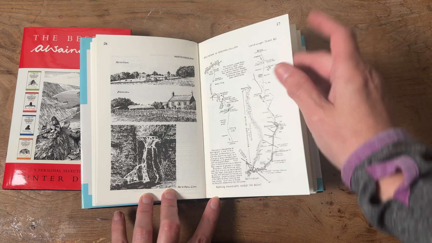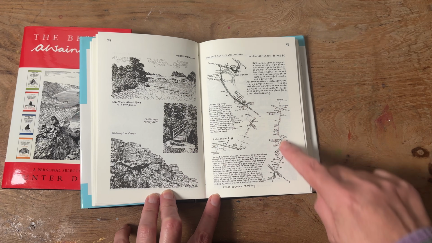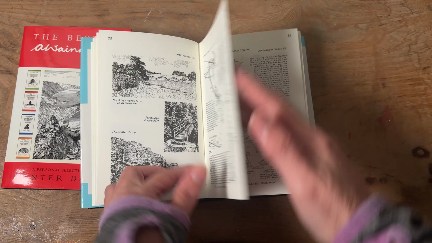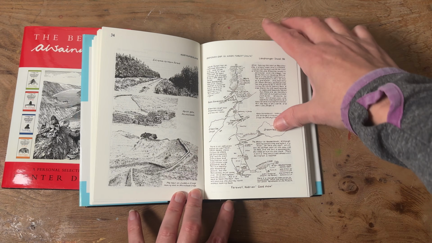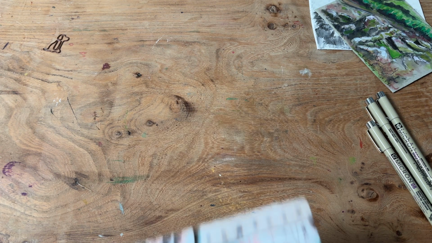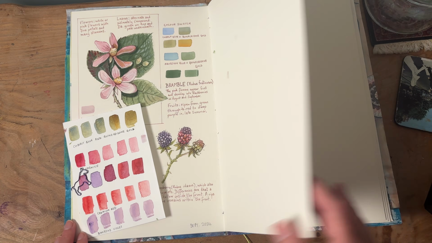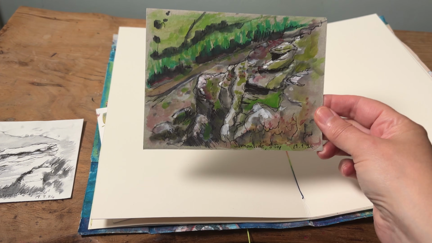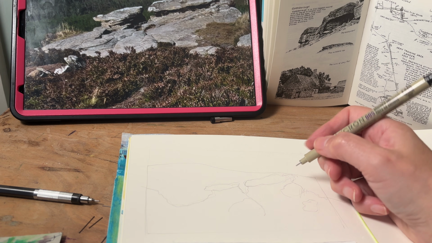As I said, I've always admired him not just as a walker but as an illustrator, and that's what I'm going to try and recreate in my sketchbook today. I don't think he's ever illustrated the walk that I'm going to do, but I'm going to use his methods and style to try and create a page layout in my sketchbook. I'm going to use the drawings I did on location as a guide, and also some of the photographs and videos that I took.